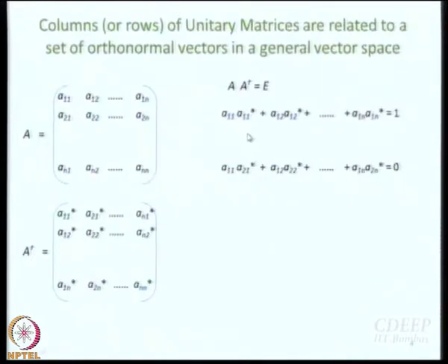You got A11 into A11 star plus A12 into A12 star plus etc., plus A1n into A1n star equal to 1. And you had also got for the 1 2 element A11 A21 star plus A12 A22 star plus etc., plus A1n A2n star equal to 0,